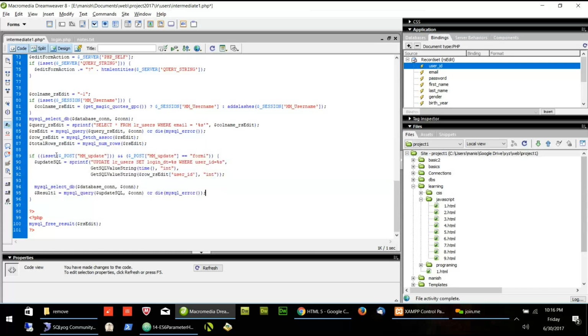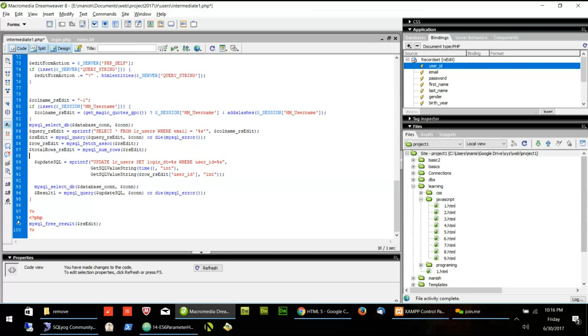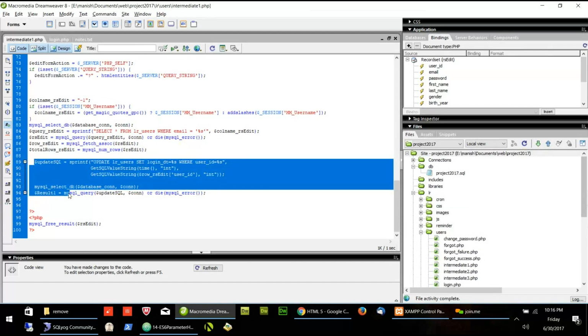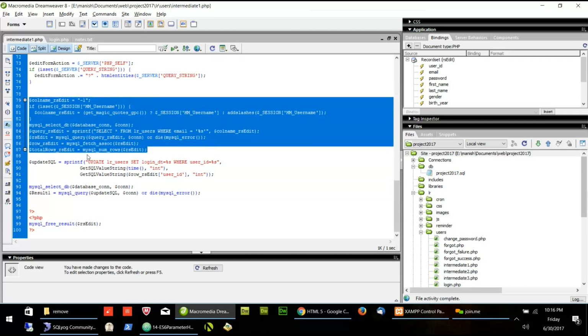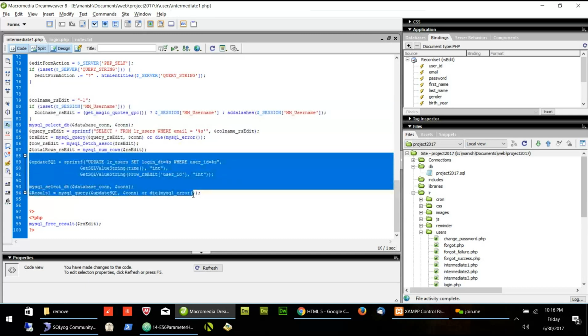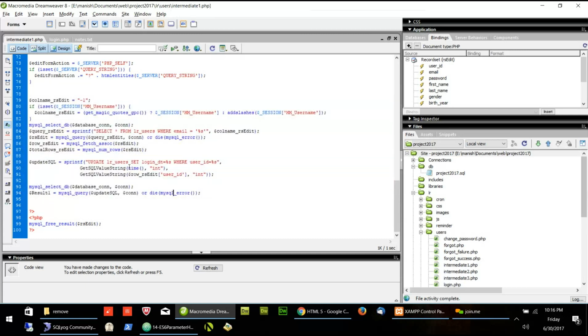So how will I fix it? Remove the if. I will delete the if, and I will delete this part also. So what we ultimately did, we modified the Dreamweaver code. First we created the Dreamweaver code as it is to update the record. Then we moved this part RS edit above the update part. And in the update part, since we want to update the login date, we change it from post some variable to the time, that will be the current time.